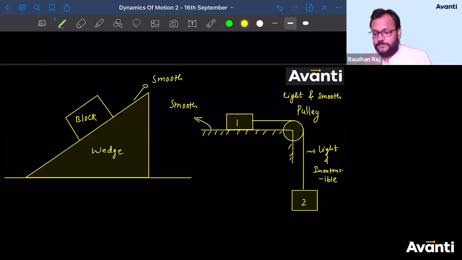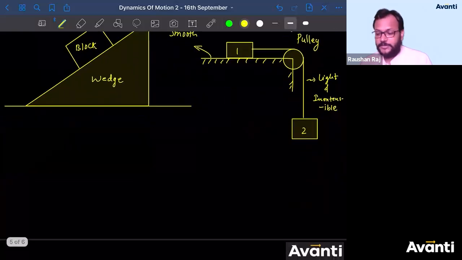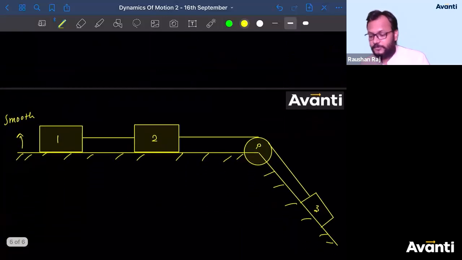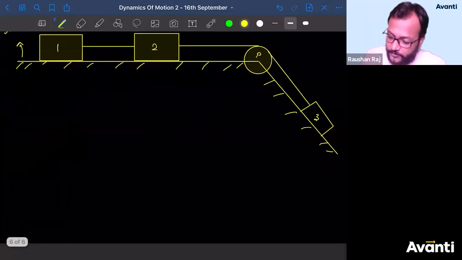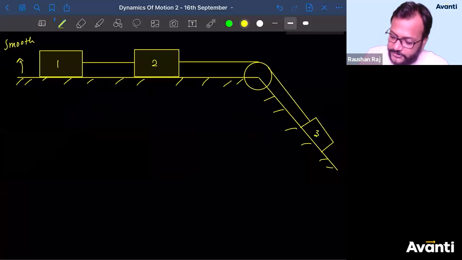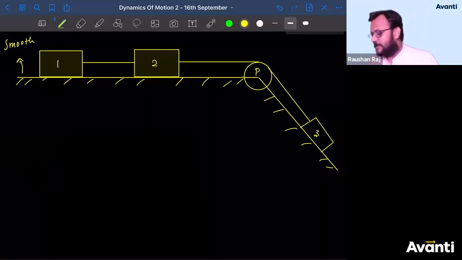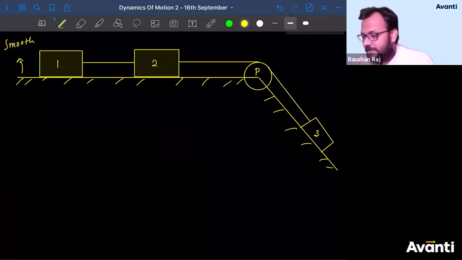Guys, please draw the free body diagram along with me. If you would have been attending my offline classes, I would have seen each and every one of your notebooks. क्या कर रहे हो आप? Because drawing the free body diagram is extremely important. If you don't know how to do this, you'll be crying like a baby throughout your PU1, PU2, saying, sir, I don't know.